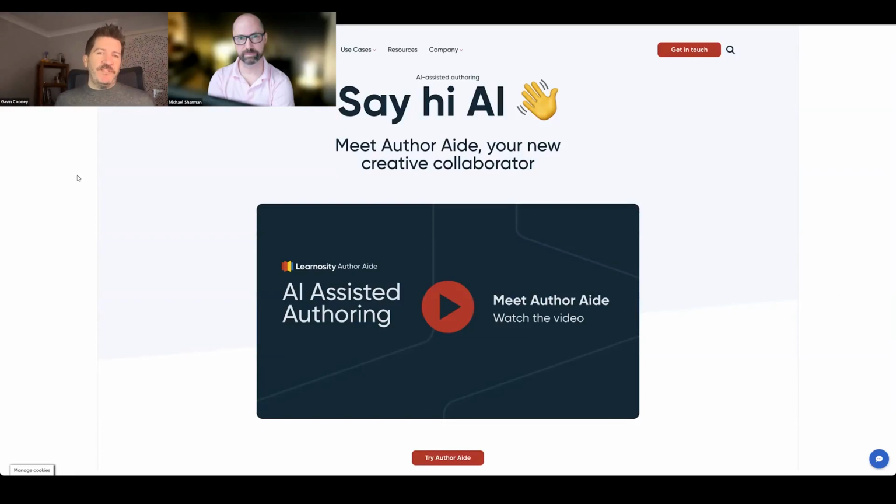Massive amounts of authoring is done in Learnosity already. About a third of a billion, 337 million questions, are in Learnosity, authored in Learnosity's format. They take time and cost money to build. What we wanted to do was introduce a tool that makes it easier and much, much quicker to create content. Not only that, but create better content with more learning opportunities within it. So we're here today to launch Author Aide. We're super proud of it. It's really, really great, and we're going to give you a demo right now.